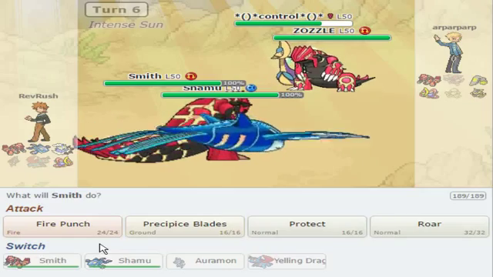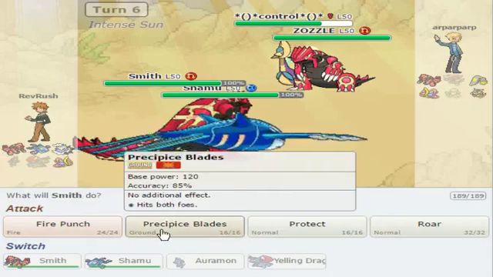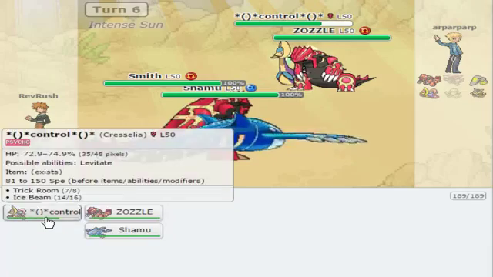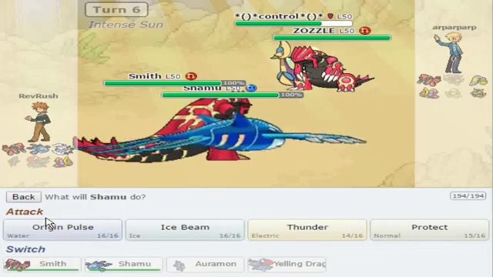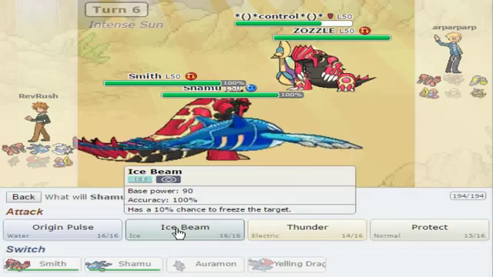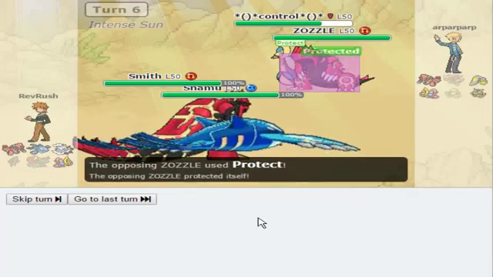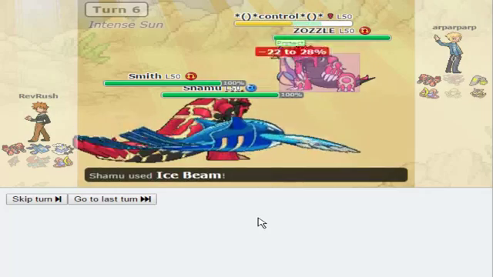Our best choice here is to try to take down the Cresselia this turn. However, I like the sound of Precipice Blades too. We're gonna Fire Punch that opposing Cresselia, and we're gonna go for the Ice Beam on it as well. Ugh, it's a rough move for me. Okay, so we're gonna get a little bit of Ice Beam